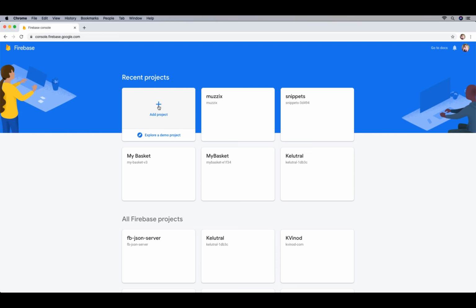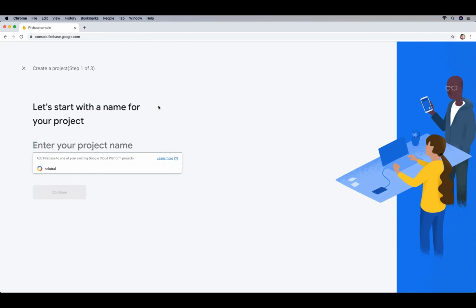When I click on add project, it'll ask you what's the name of the project you want. And since we are working on a movie browser application, I'm going to type here movie browser. What it also does is it gives a unique ID for my application, which has some kind of hash number. This is going to be my website name or a prefix to my website. So it's going to be like